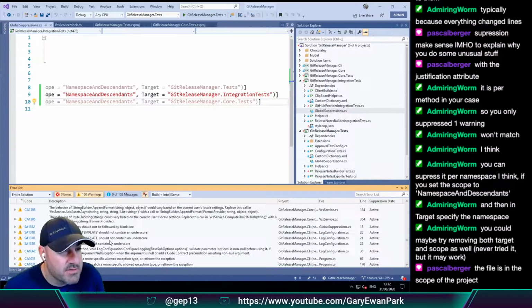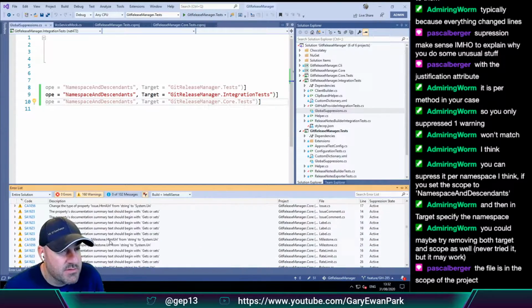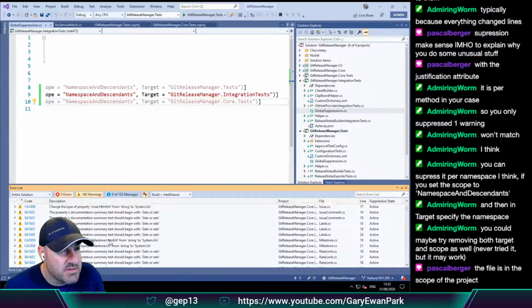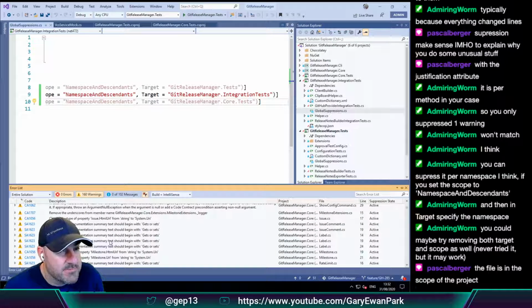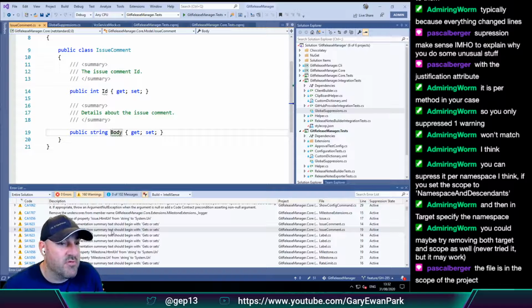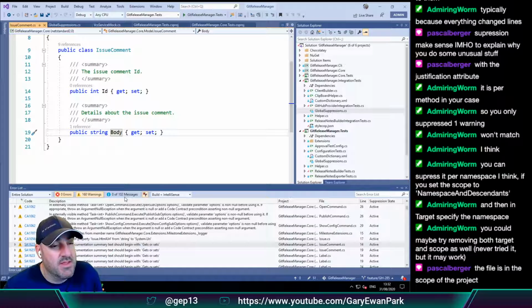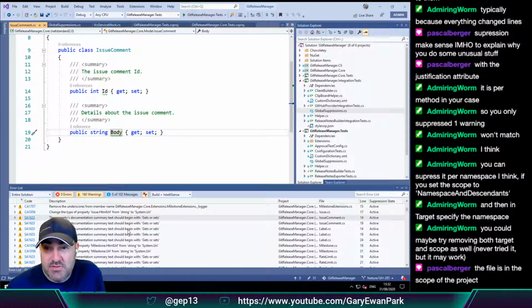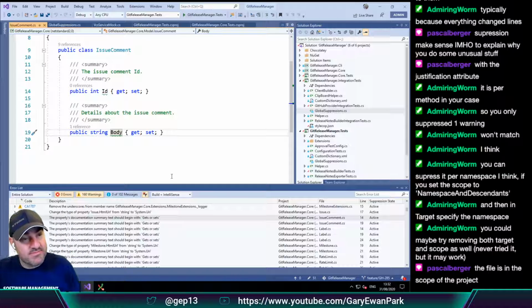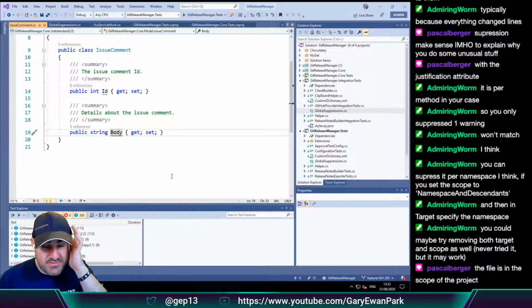Progress being made. Let's see what else we can fix in here. See, this is one I've always... What are your collective thoughts on this one? So the documentation summary text should start with gets or sets. I've always adhered to that, but I'm curious what your thoughts on it are.